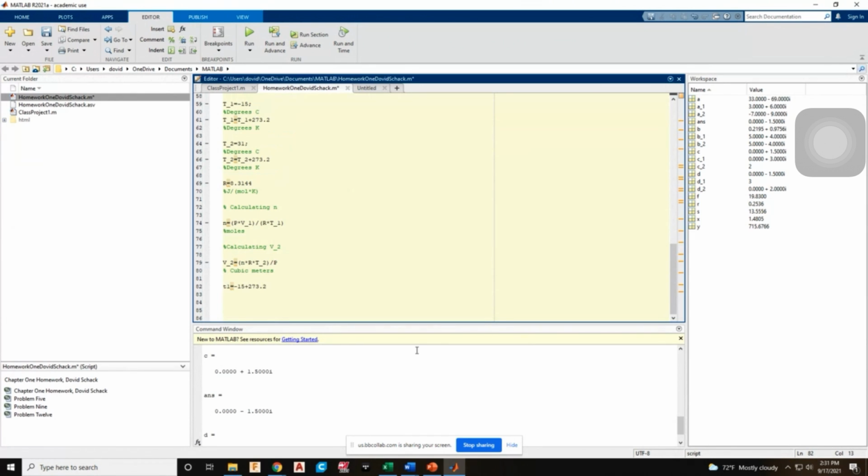Semicolon, because we don't want those displayed. We only want the final sentence. T2, the same thing, but it's 31 degrees. Semicolon. And then V1 equals 28,500. And that's very nice of you to write it in one single line, because now the whole thing becomes only two lines. And then the next line, V2 equals